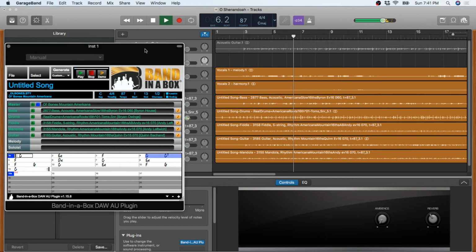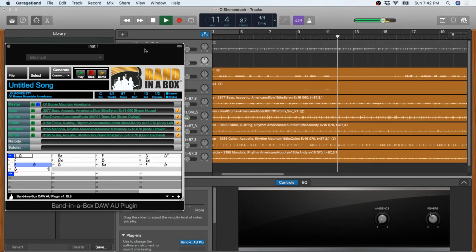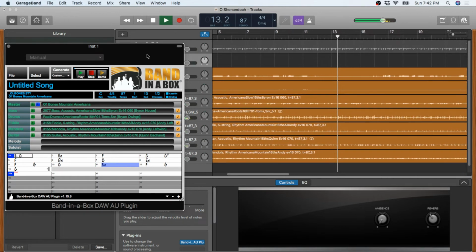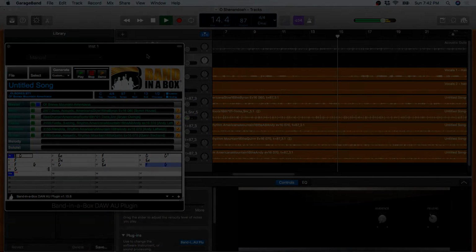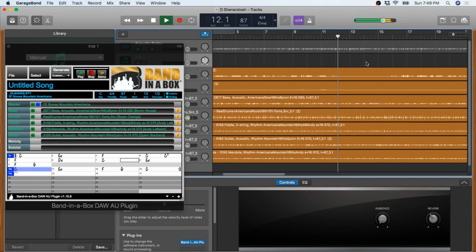So that's an example of picking an entire style with bass, drums, and other instruments and generating it to use within the DAW. But you can also generate individual instruments, such as individual RealTracks, RealDrums, loops, user tracks, or MIDI SuperTracks. And there are other cool features that you can use when you generate these, such as the multi-riff feature. If we were recording a musician in our studio playing a solo over this, say in this 4-bar break,